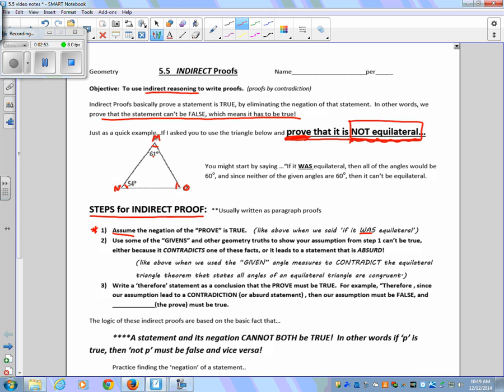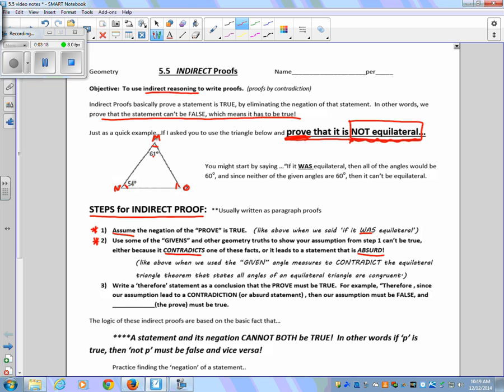Okay? Then, step 2, use some of the givens and other geometry truths to show your assumption from step 1 can't possibly be true, either because it contradicts a fact that we already know, or it leads to an absurd statement. We will see what we mean by absurd later. Okay, so